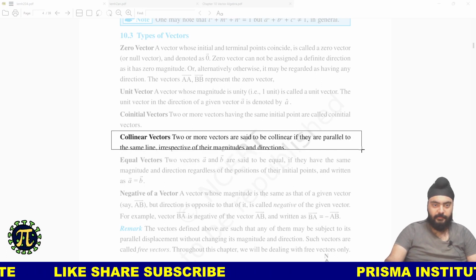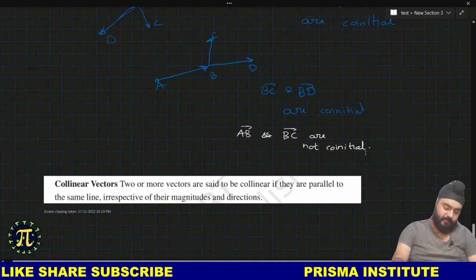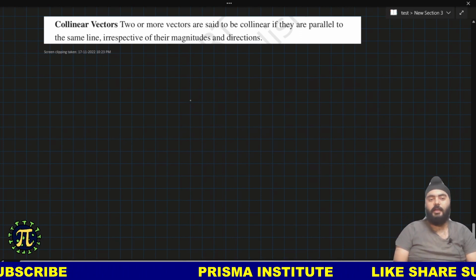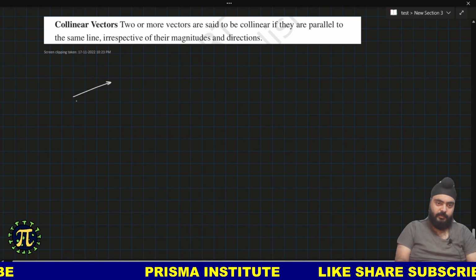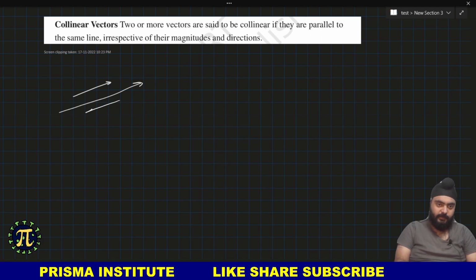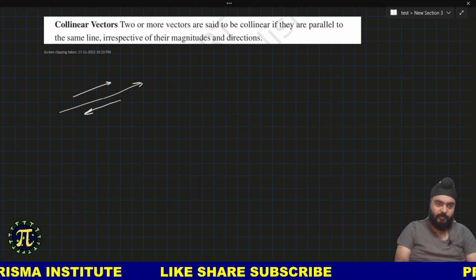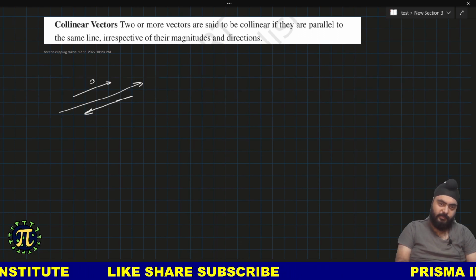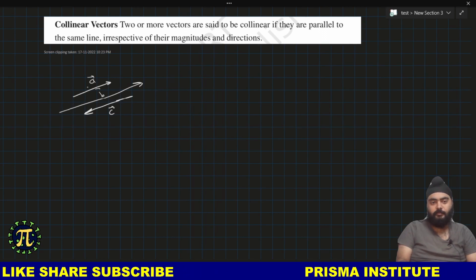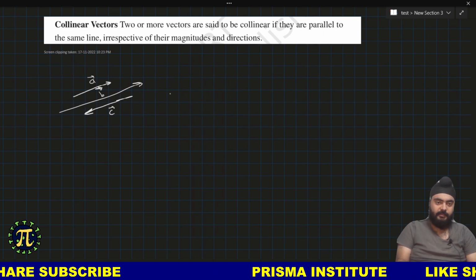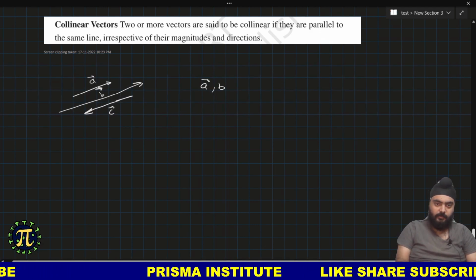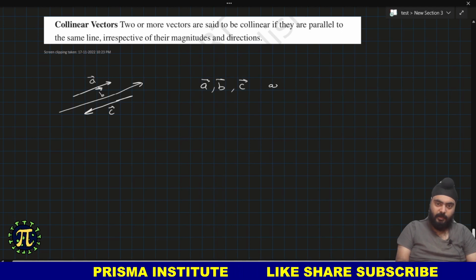Collinear vectors. Collinear vectors are those vectors which are parallel to each other. They don't need to be in the same direction. They don't need to have the same length. For example, this vector and this vector, and let's say I can change the length of the third one. I can call these A vector, B vector, and C vector. Forgive my drawing, but let's say these are all parallel. Okay. So A vector, B vector, C vector are collinear vectors